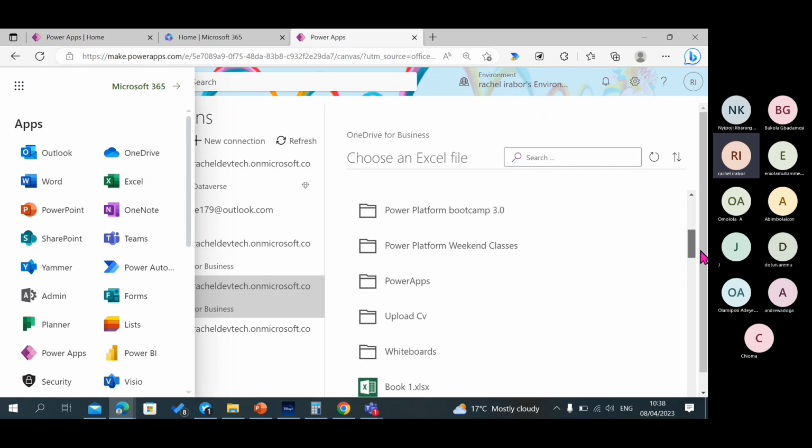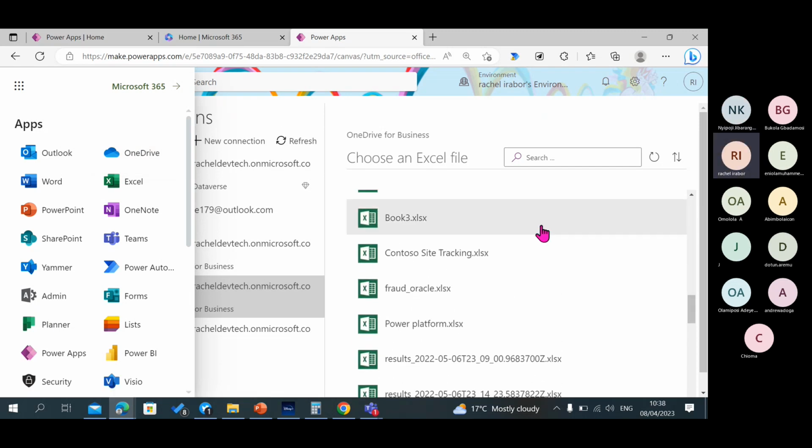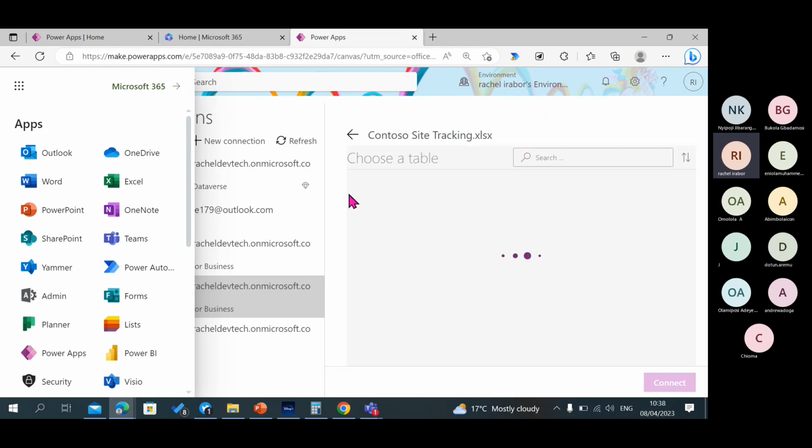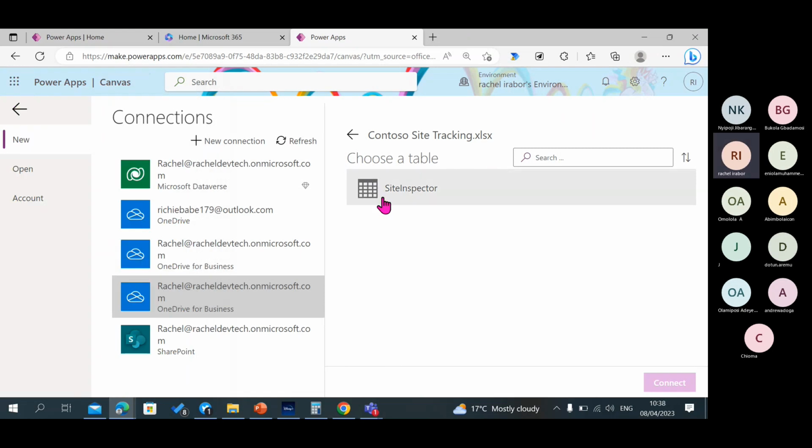So I'm going to look for my Excel sheet. This is my Excel sheet, Contoso site tracking. I'm just going to click on it. Then this is the table inside of my Excel sheet. There's one thing to notice at this point: even if now you are not working with this particular table given,